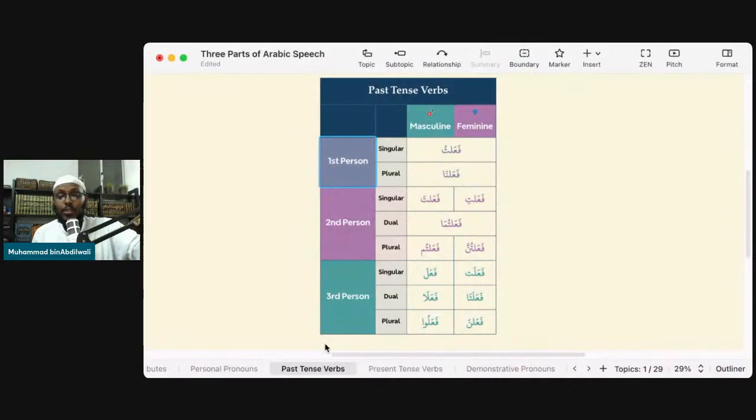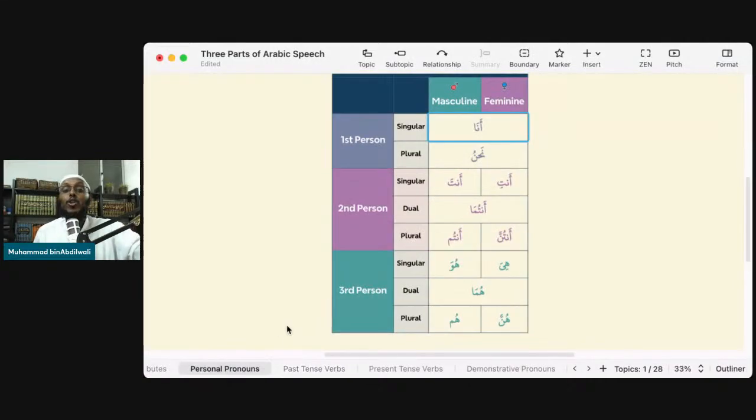Clear? So if you want to master verb conjugation and get good at it, you have to absolutely know your pronouns so that you can say them in your sleep. Hence the Tanam tables. If you don't know what the Tanam tables are, these are small tables that we use to practice pronouns and verb conjugations so that we can end up being someone who can conjugate a verb in their sleep.